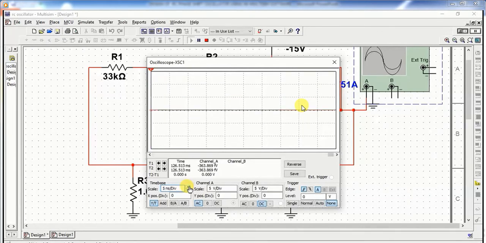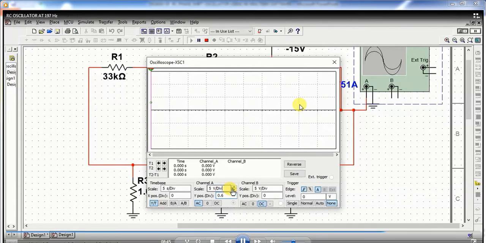By clicking like this, change the scale and positions. This is the Y position, so you can adjust it, and according to this you can find out the results at CRO.